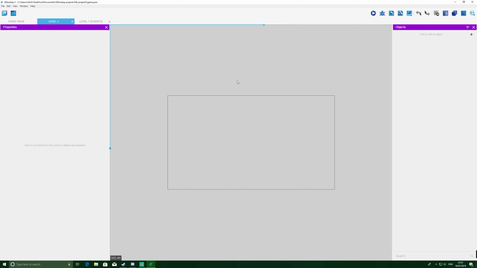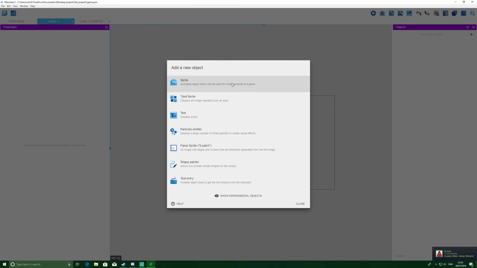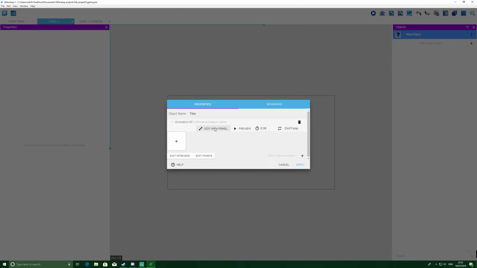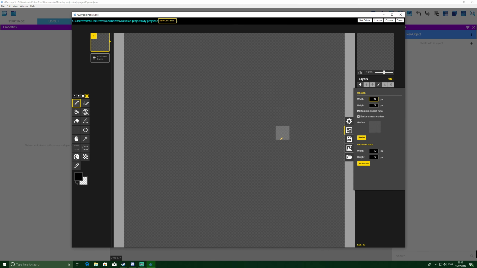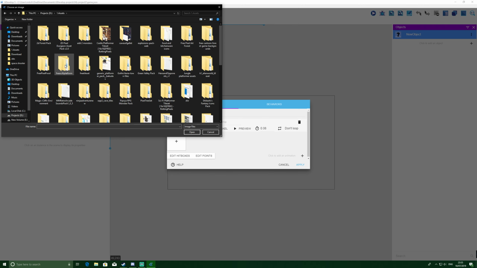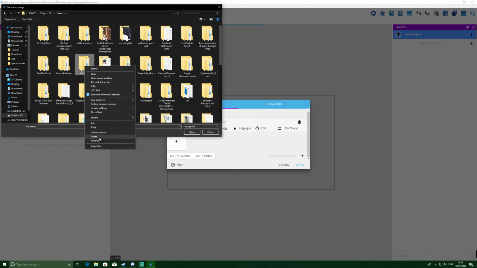This is what we've got to work with. So the first thing we'll do is add in an object. We'll call it tiles for now. You can click edit with pics, and then you can create your own if you want to do that, or if you've got sprites to import, you can click the plus button and import your sprites. Use this tile set here, but what I'm going to do is copy it